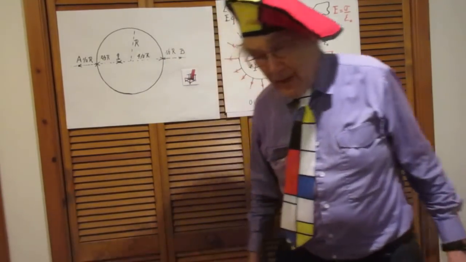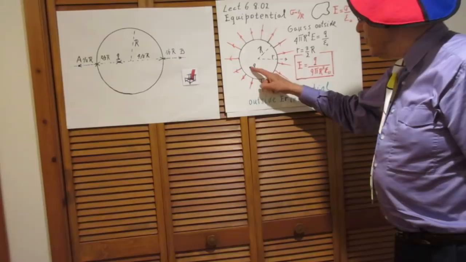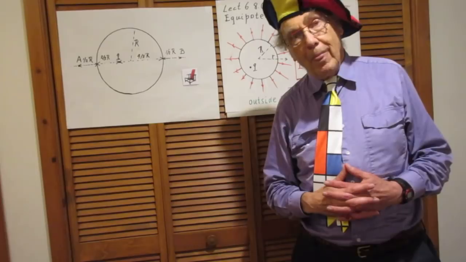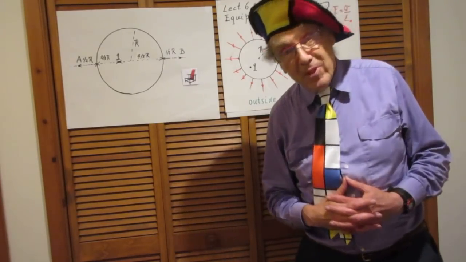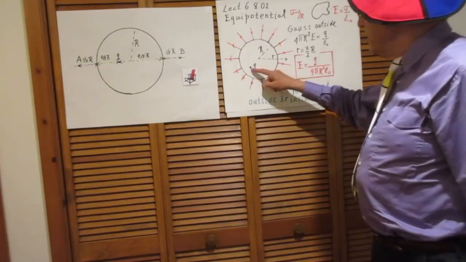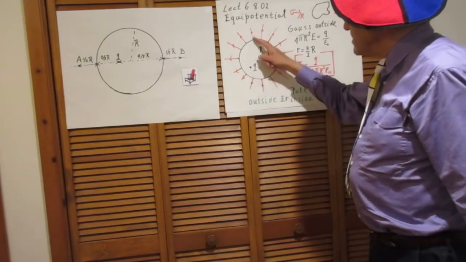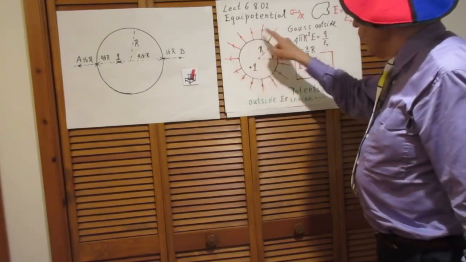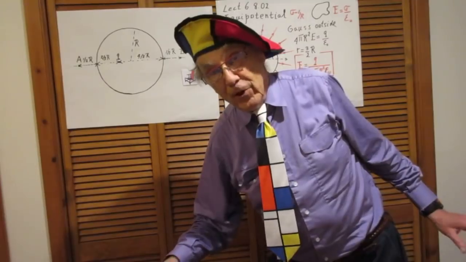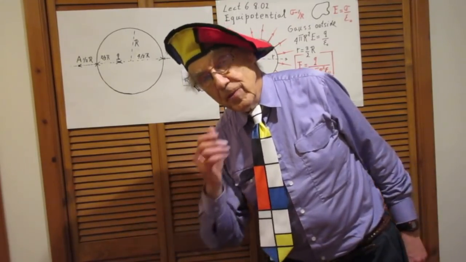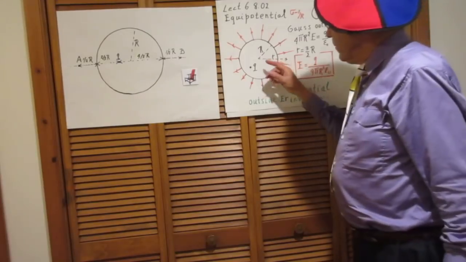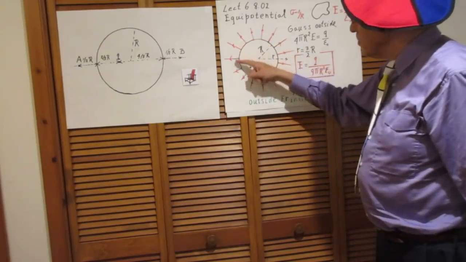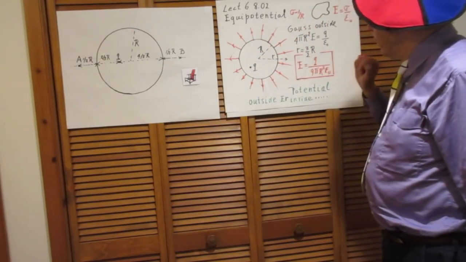And the remarkable thing is that that is independent of the location of Q. Isn't that a surprise? So whether Q is here, or there, or there, or there, as long as it is inside this sphere, the outside world cannot tell what the location of that charge Q is. Regardless of where the plus Q is, the surface charge density on the outer surface is everywhere the same, and